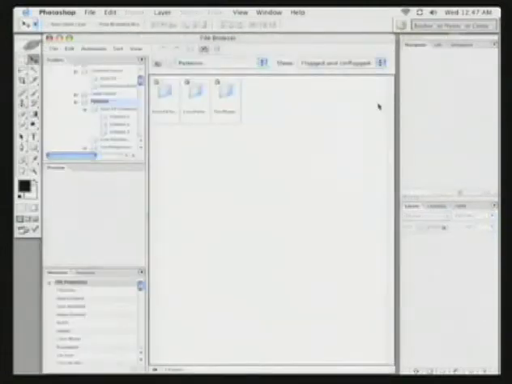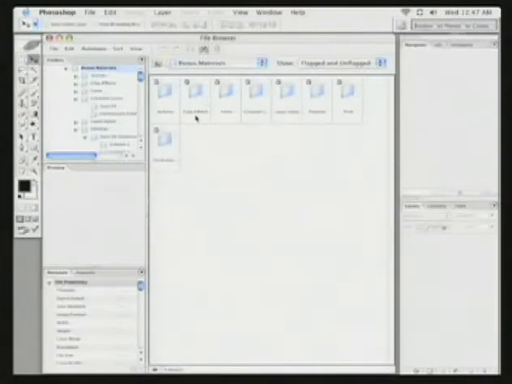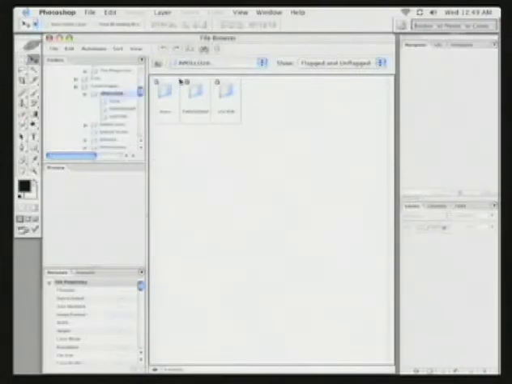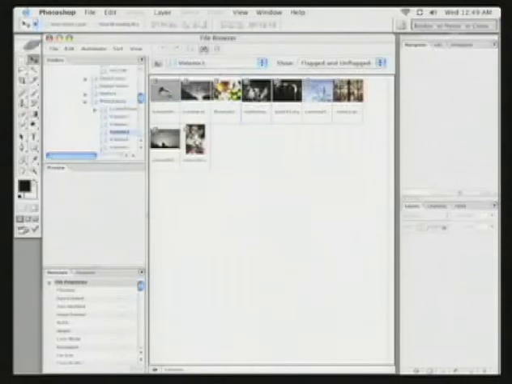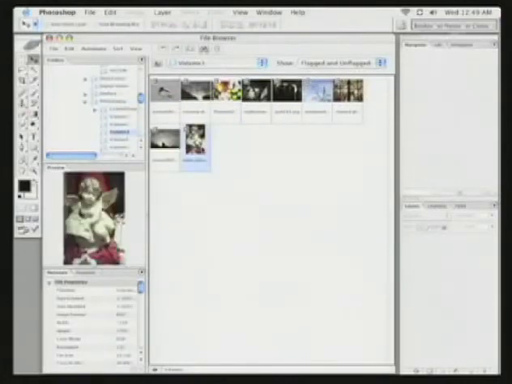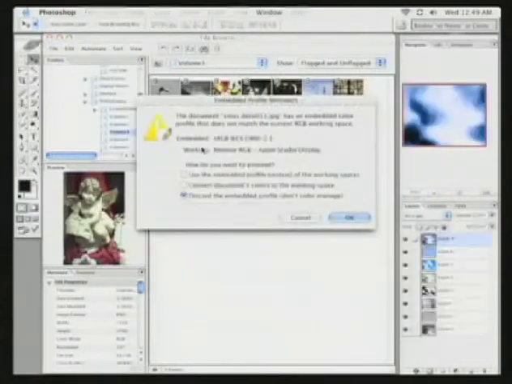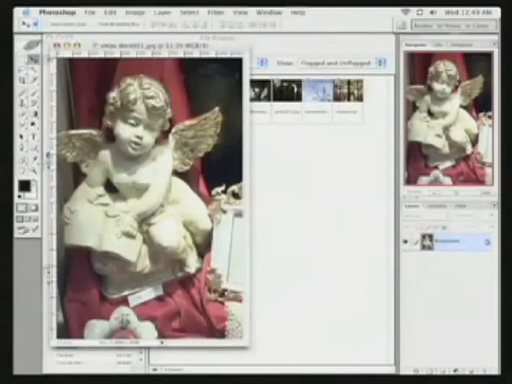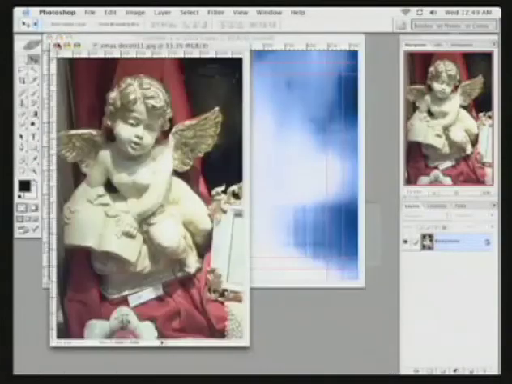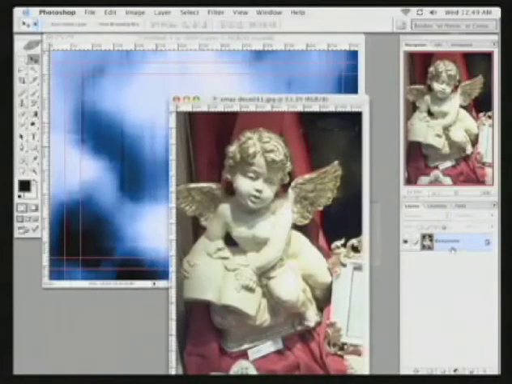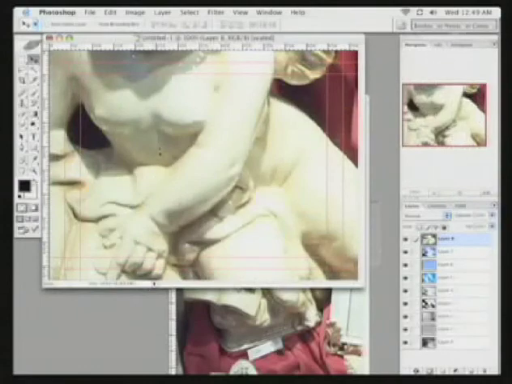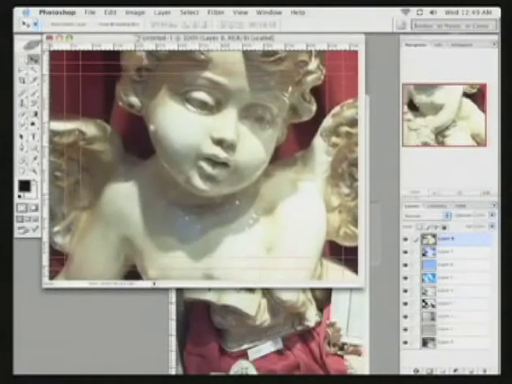I go to the file browser and I'm going to navigate to the contents of my disk to find an acceptable image. Let's go into our stock photo folder, and I'll go into my Photo Galaxy collection here and grab a quick standard photo. Here we have a nice angel. Open that up, ignore the color profile, and we can drag this image across. Place it,